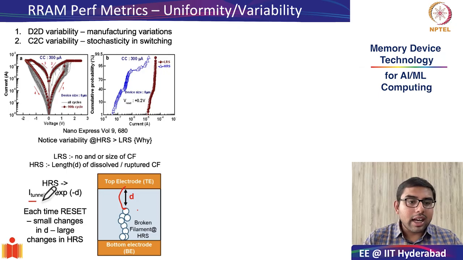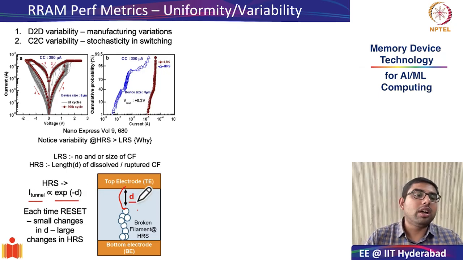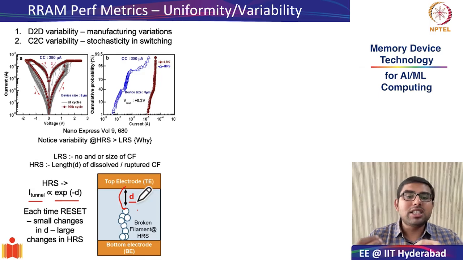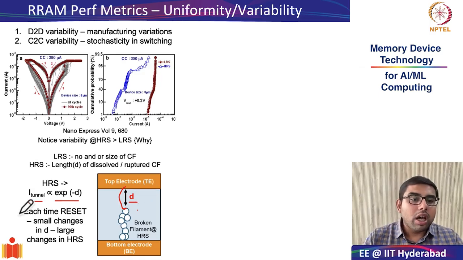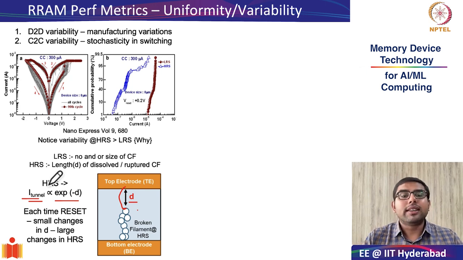And since tunneling current is an exponential function of this particular distance, you can anticipate even a little bit of change in D will result in large changes in the tunneling current, and therefore we see a high amount of variability, because every time there might be small differences in D which will translate into large changes in the